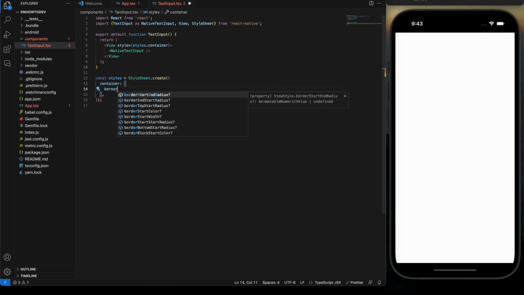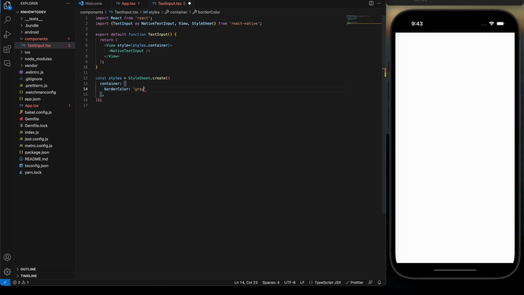So border color, let's say gray. Nothing. Why? Because border requires to have width to be visible. All right. Doesn't look too good. So what can we do? We can add padding to it. Let's say 16 pixels, starting to look slightly more like an input, and